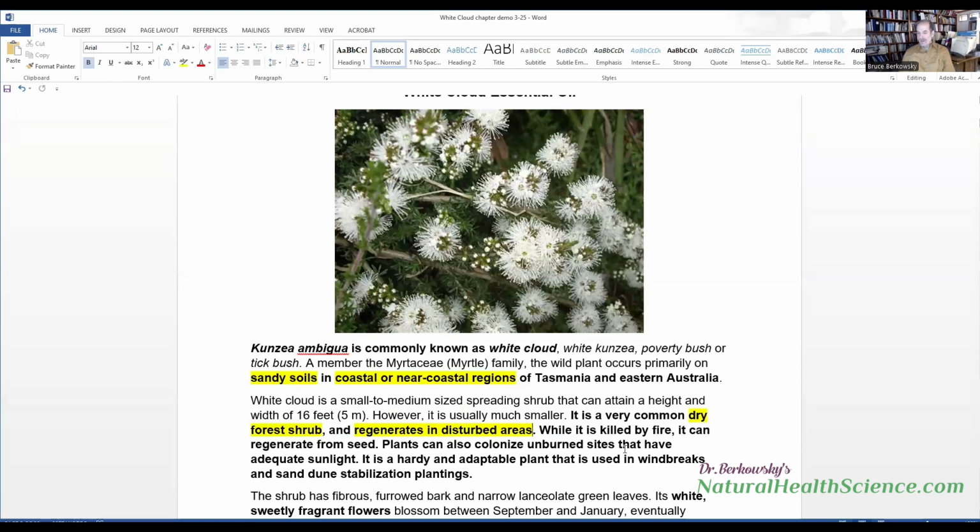So it is killed by fire, as most plants are, but it can regenerate from seed. So it has this regenerative capacity. If there are seeds in the area, it will regenerate. Now, in the soil, it will regenerate. So it has the ability to regenerate. Plants will also colonize unburned sites. So they'll colonize. They have this ability not only to spread,